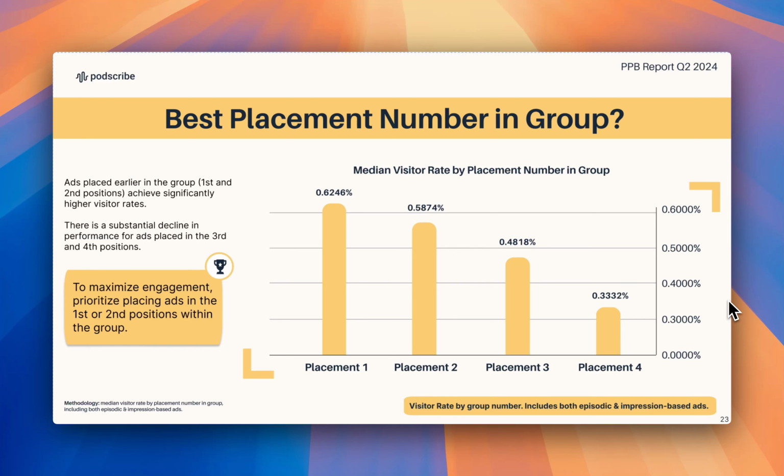And so as we take a look at this, placement one means someone could end up in any one of those groups, but they are in the first placement of those groups. And so we perhaps see a very similar variable here, that perhaps people are more likely to listen to ads in the first placement versus the last placement. And we certainly see that the performance changes drastically as we go from the first placement versus the last placement within an ad group specifically.